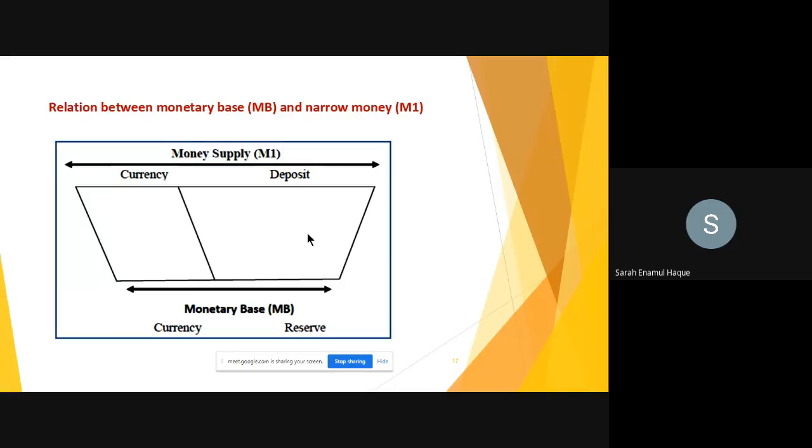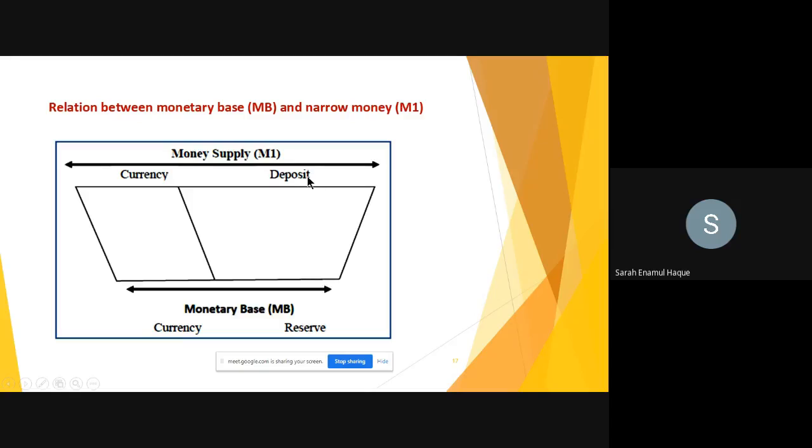Okay, now as you can see, in this very interesting diagram, this represents both M1 and MB. MB here stands for monetary base. So you see the currency is common in both, right? Because both have currency calculated in it. So this part is the same, but you can see the deposit amount is way higher than the total reserve, because remember,